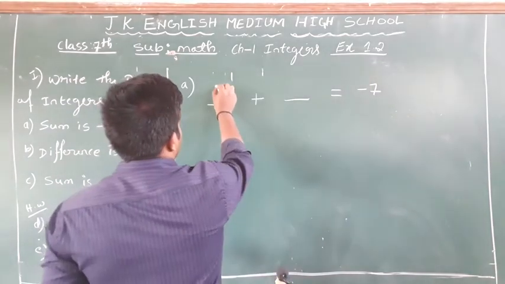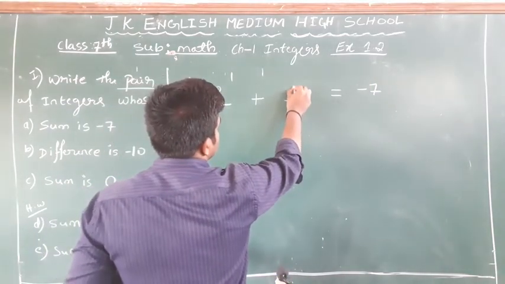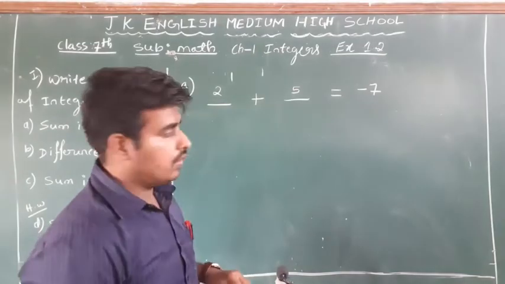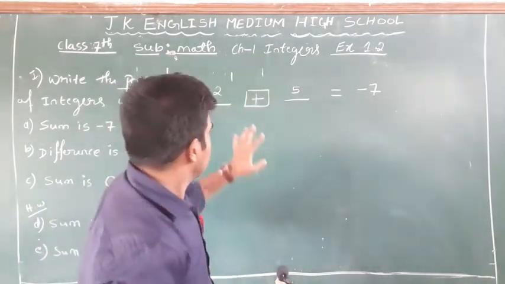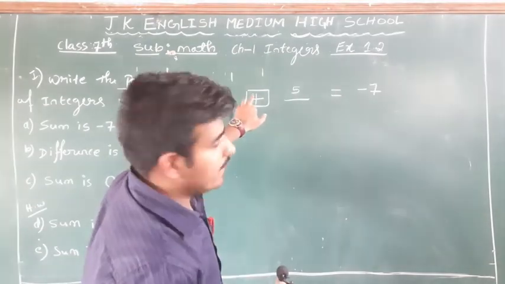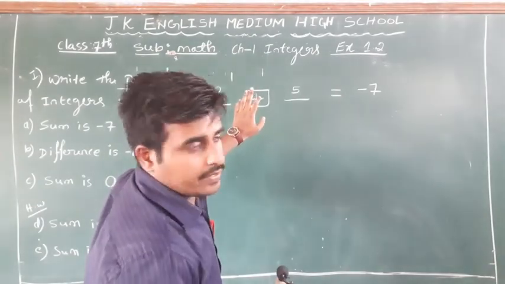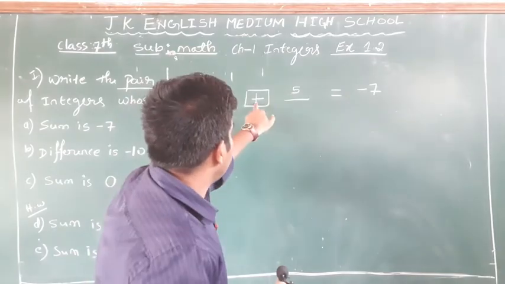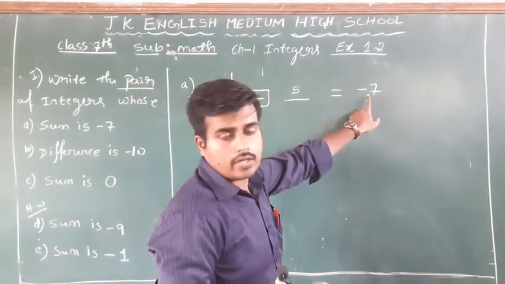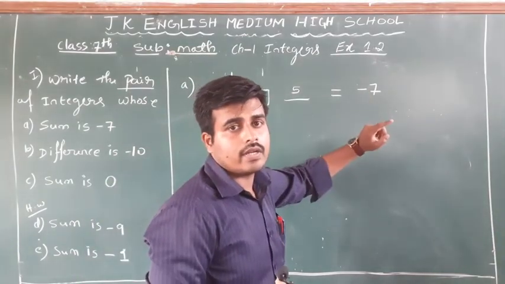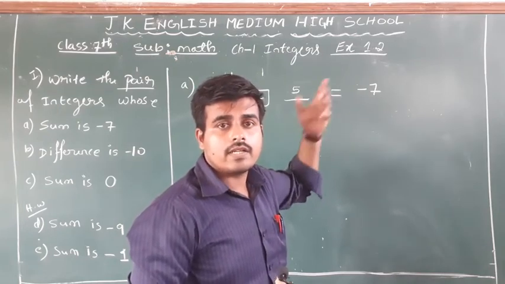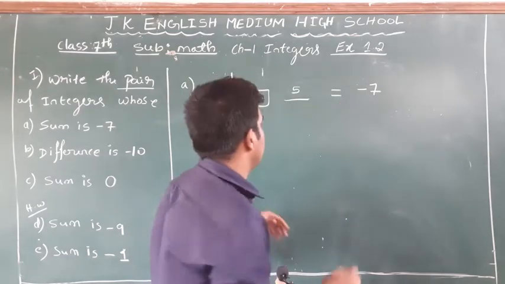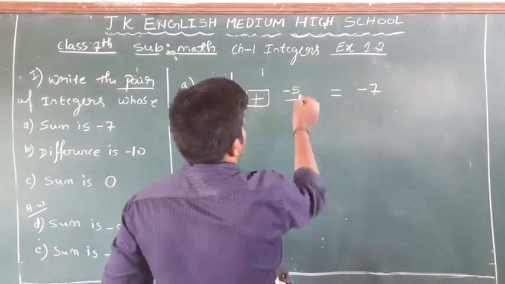So first, don't look at the sign, just look at the number 7. 7 can be obtained by 2 and 5. This is like a closed one, like the sign is inside a bracket. 2 and 5, if you add, you will get 7. But what do I need to get? I need to get minus 7. To get minus 7 as an answer, the greater number has a minus sign, therefore for the greater number I will give the minus sign.